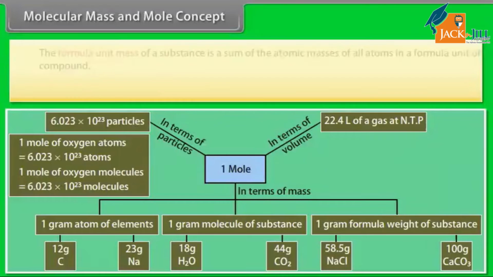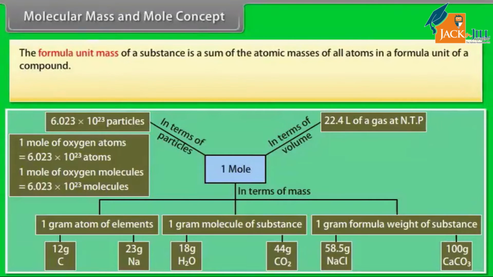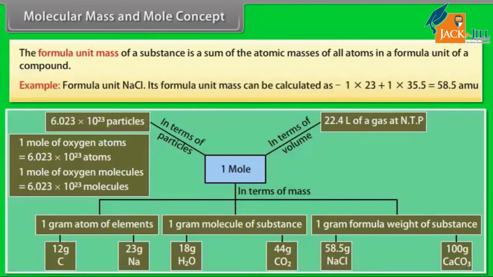The formula unit mass of a substance is the sum of the atomic masses of all atoms in a formula unit of a compound. Example, formula unit NaCl. Its formula unit mass can be calculated as 1 into 23 plus 1 into 35.5, which equals